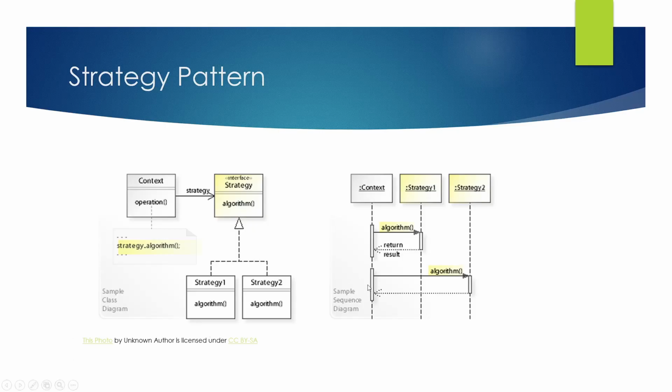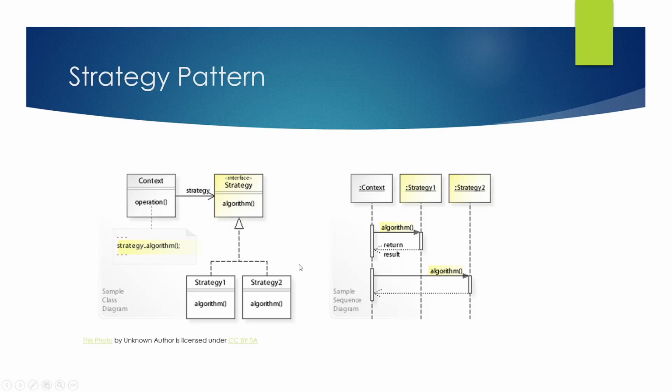Now we can define multiple algorithms by creating concrete implementations for the strategy interface, as many as we like, each providing a customized algorithm implementation, and have them passed as parameters to the operation in the context object.